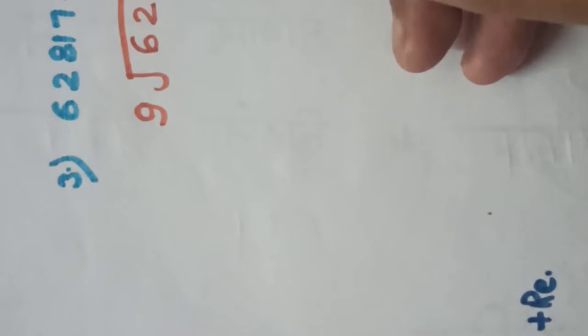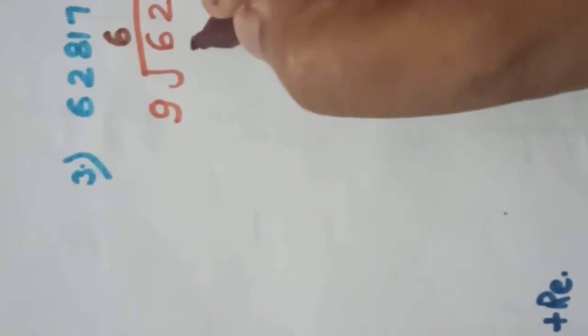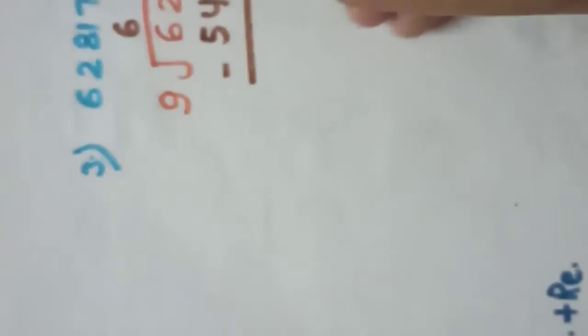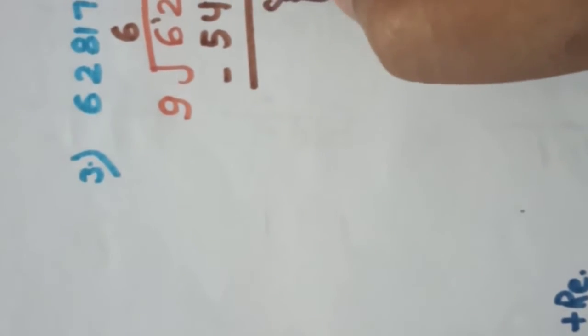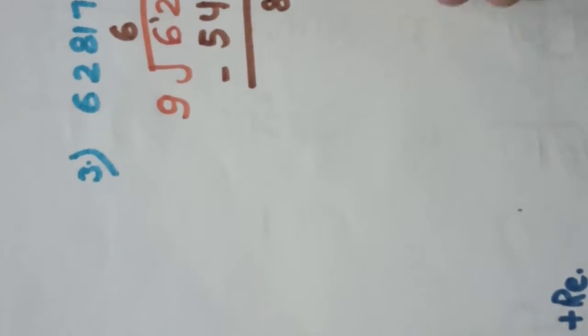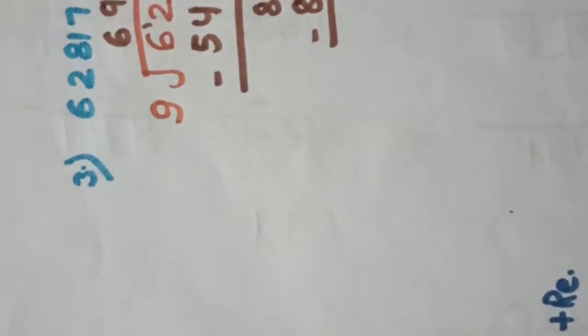So 9 sixes are 54. Let us subtract it now. It will become 12. 12 minus 4, 8. We'll write this 8 as it is. So we have to take a number that is less than 88. We can clearly see that 9 nines are 81 we have. So it means 7 will be left over here. Now we need to write this 1, 71. So 9 sevens are 63. We'll take 63 as it is.